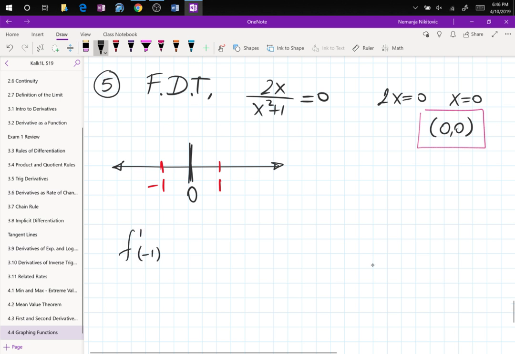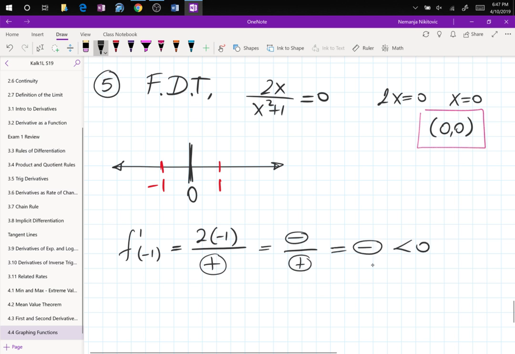And then I start working on my first derivative test, -1. So that's going to be 2 times -1 divided by, I don't even have to write the denominator because the denominator is always positive. We established that already, right? x squared gives you always a positive number plus 1, so it's always positive. So what I have is a negative divided by a positive, which is negative. We don't care what numbers we're getting. So it's decreasing